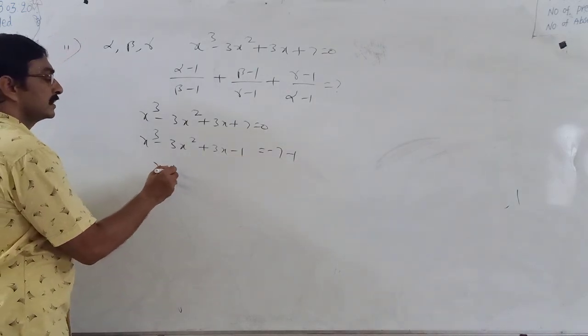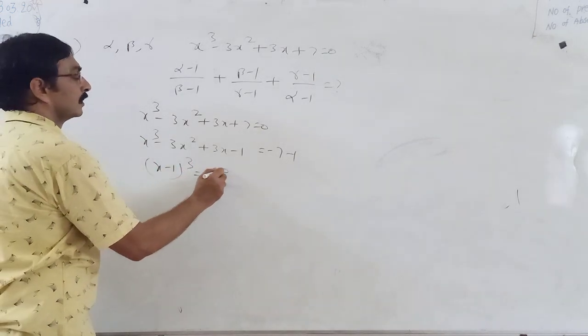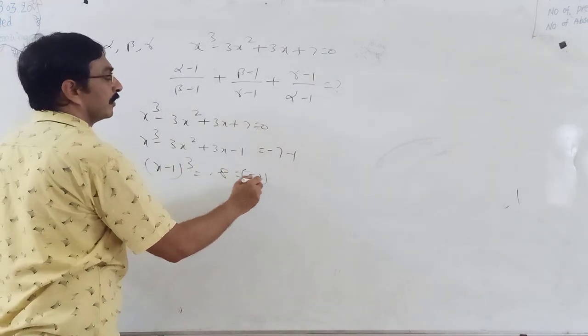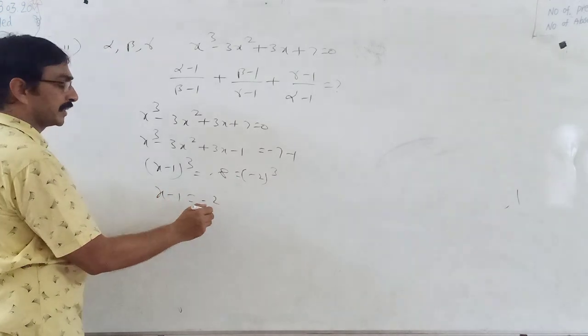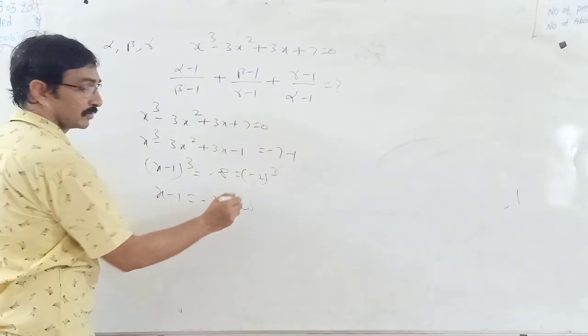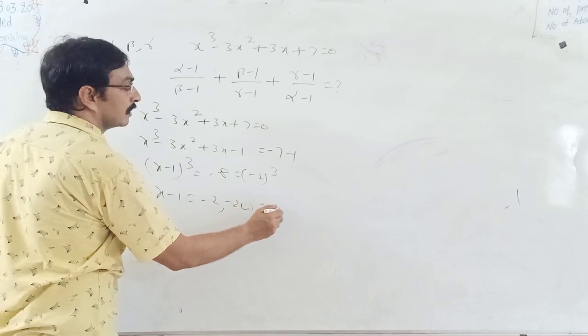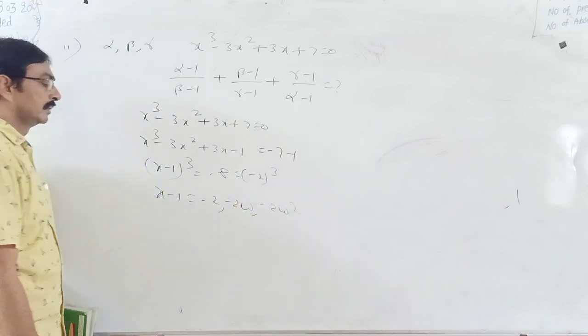So clearly this is (x minus 1) whole cube equal to (minus 8) which is (minus 2) whole cube. Therefore x minus 1 equal to the real root, which is minus 2. The remaining two roots are minus 2 omega and minus 2 omega square. Thus,